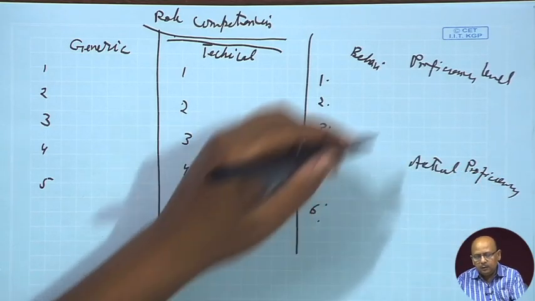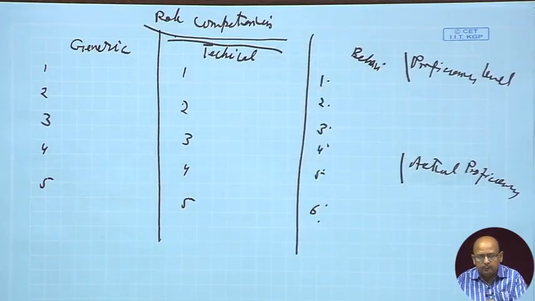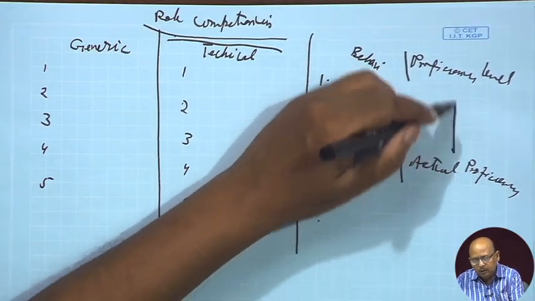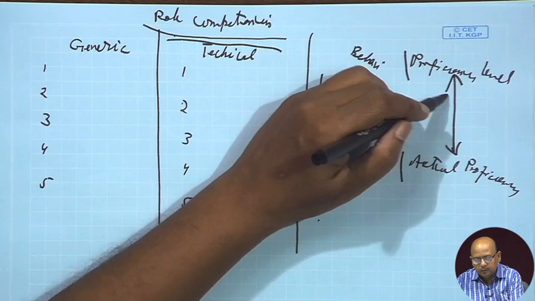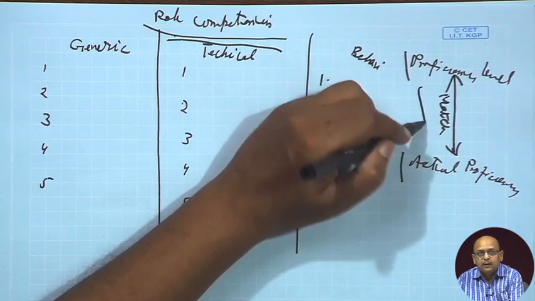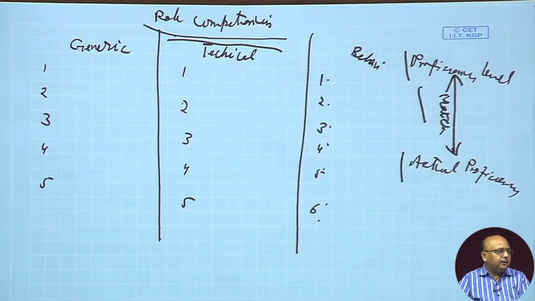Okay. So, the proficiency level that is required and the actual proficiency, and whether it is matching or not. So, you are going to match it. And that is what I mean when saying matching the role holder versus role based competency. So, if you are able to match it, you will be able to identify what? The gap in the competencies,